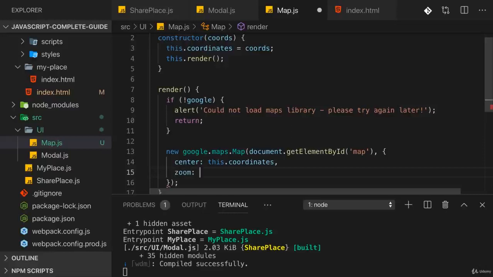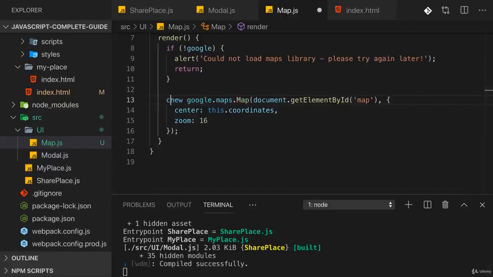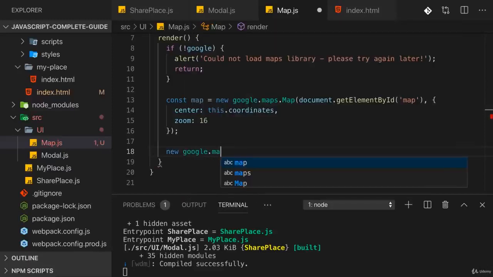We can also set a zoom property here in this configuration object and set this to 16 to be zoomed in a bit on this map we render. Now I will store this map here in a constant map, and I also want to add a marker to it, so a pin which we place on the map. We can do this with new google.maps.Marker,